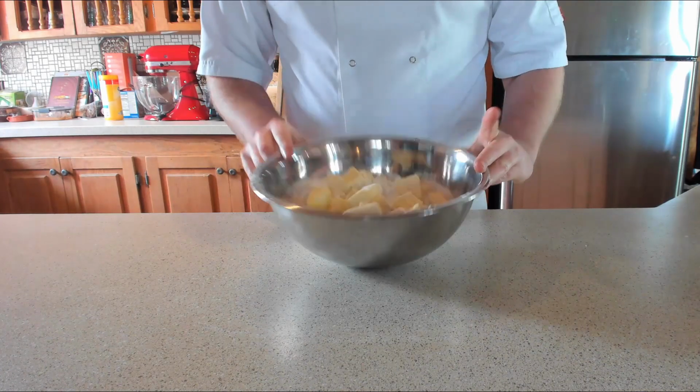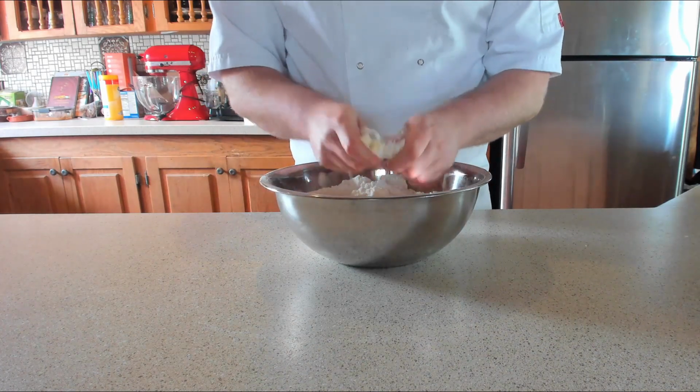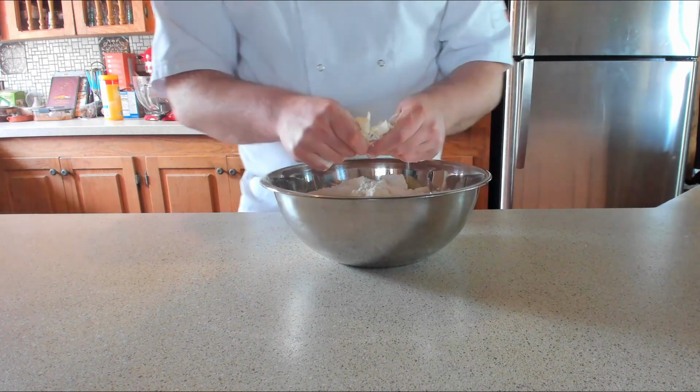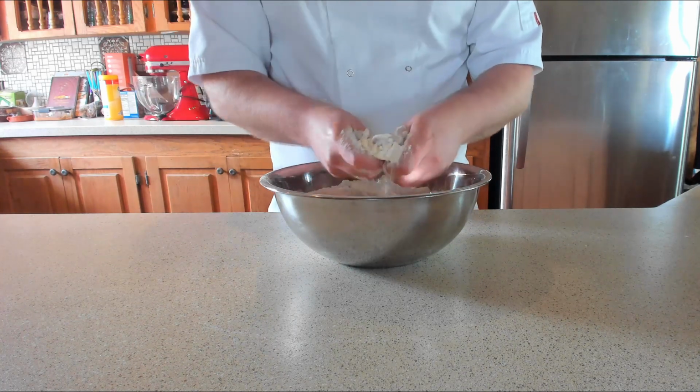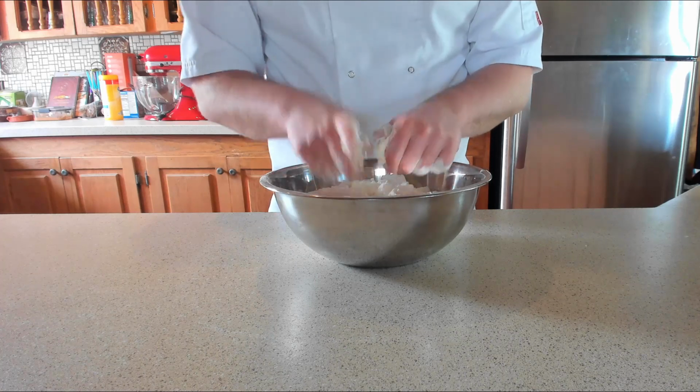So once you've got your butter in there, what you want to do is get your hands in there and basically just break down the butter with your index finger and thumb and incorporate it into the flour. And this is going to take about 5-10 minutes. I know it's going to take a little bit of time, but trust me, it's going to be worth it